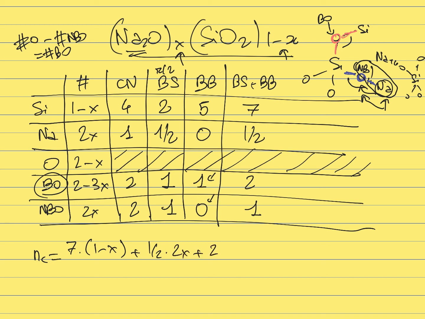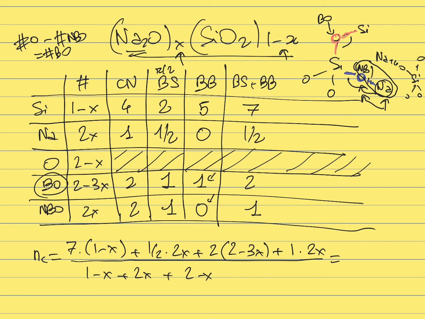Next, 2 per BO times 2 minus 3x BO, and you have 1 constraint per NBO times 2x NBO, divided by the total number of atoms. So you have 1 minus x silicon, plus 2x sodium, and here either you can put the number of bridging oxygen plus the number of non-bridging oxygen, or you can directly put the number of oxygen, which is 1 minus